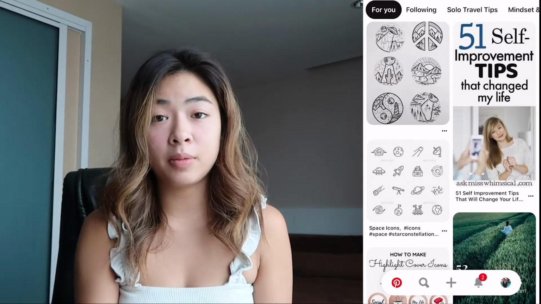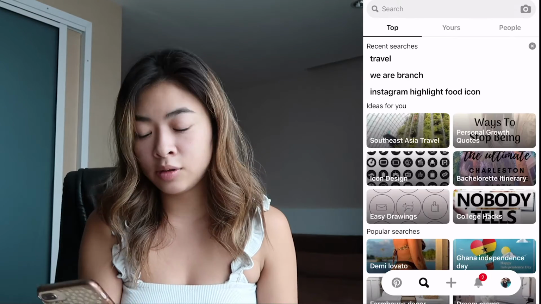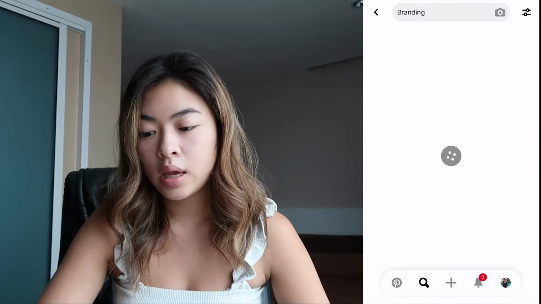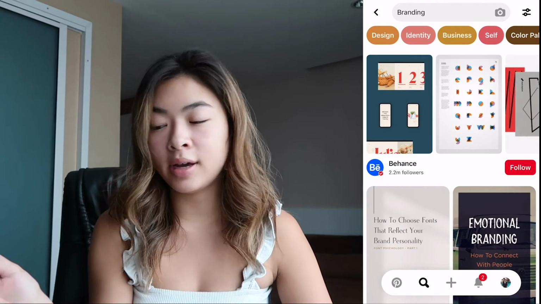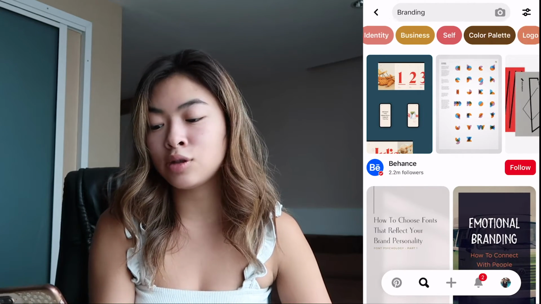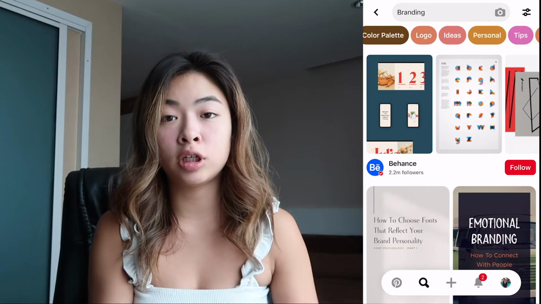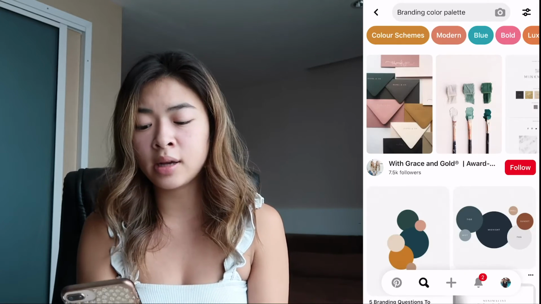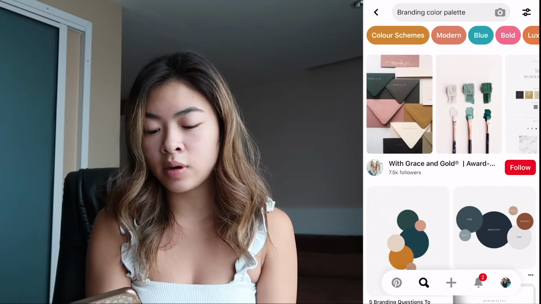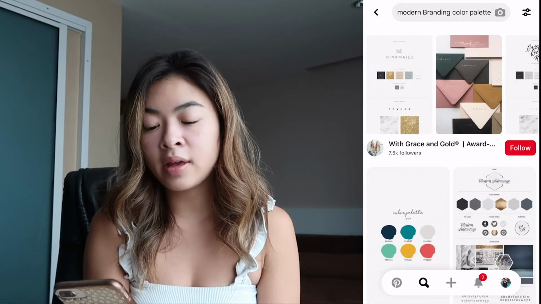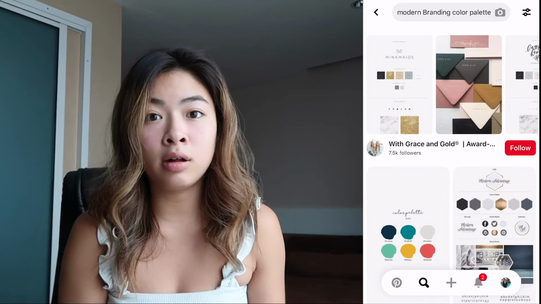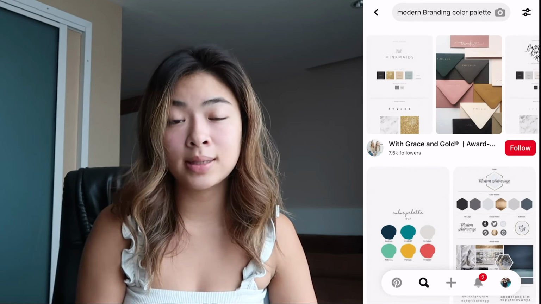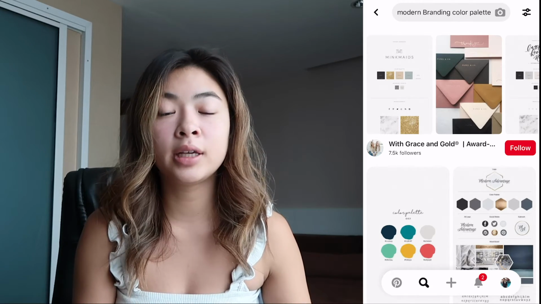So I'm just going to go ahead and go on Pinterest and then do the same thing and look up branding. And what you'll see at the top now is other words that relate to branding that you could try to capture in your posts as well. You could click color palette, and then it goes to branding color palette, color schemes if you want to click modern, and then you could build your title, your description, your entire content piece along these popular keywords